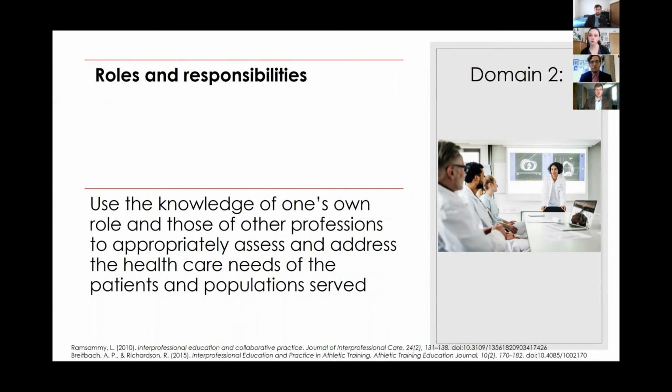The next domain is roles and responsibilities. The definition of this is to use knowledge of your own role and the roles and responsibilities of other professions to appropriately assess and address the healthcare needs of the patients that you serve and the populations that you serve. So some of the reasons this is really important are because you have to be ready to communicate your